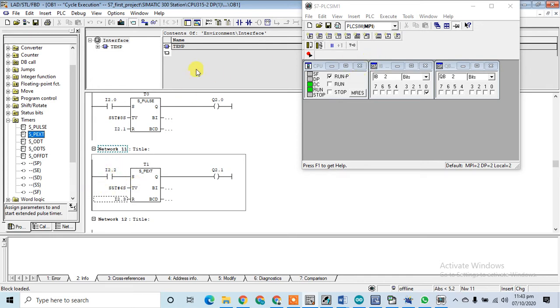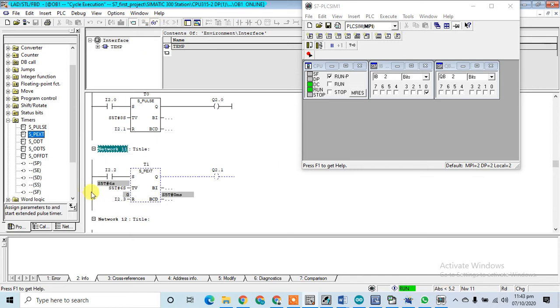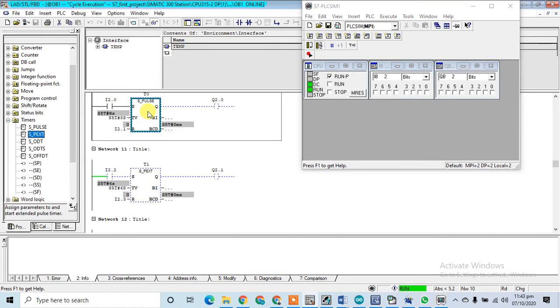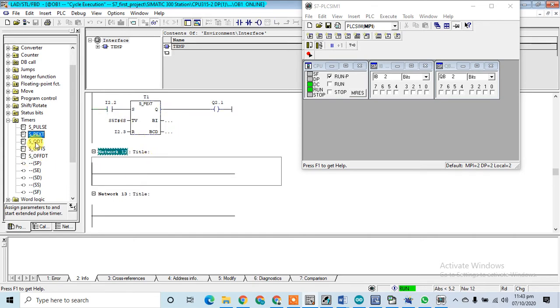So what will happen? Monitoring it on. If I put an input I2.2, the timer starts and after 6 seconds output will be off. So if I insert an input again and switch off my input, the timer still completes this time and after 6 seconds output will be off. So this is just based on the pulse. This is not input dependent, this is input dependent. So there is a main difference between the pulse and PAX timer. So let's see, go to the on delay timer.